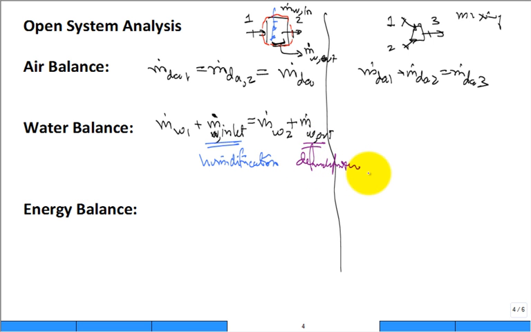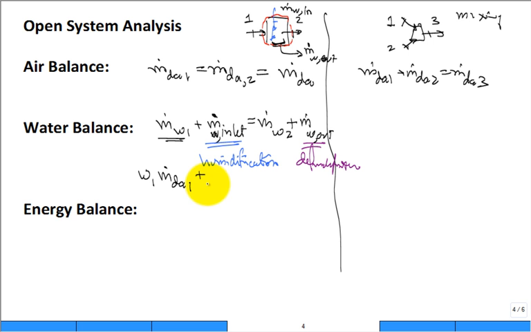There you go, dehumidification. So you can write this general equation. Both of those terms aren't going to be non-zero at the same time. But some problems you'll have dehumidification, some problems humidification. Well, what is a good way of writing this m dot water in? Well, it would be the humidity ratio in times the mass flow rate of dry air in. Doesn't that give me the right vapor flow rate coming in? Sure. And then